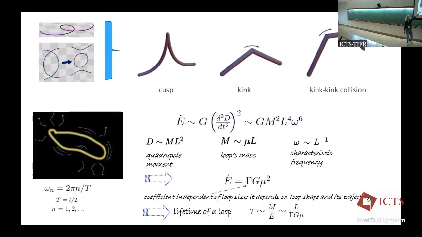This is an old work by Vilenkin and Damour. So usually instead of calculating the oscillations, we calculate the number of cusps we have. And there is an agreement between the two for a gamma of about 50. This gamma goes in this expression here. No, the kinks, here it is.